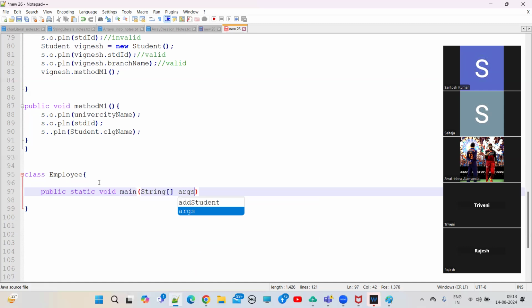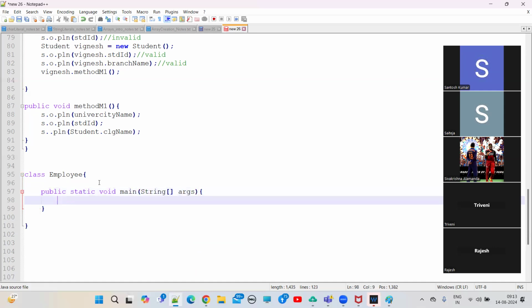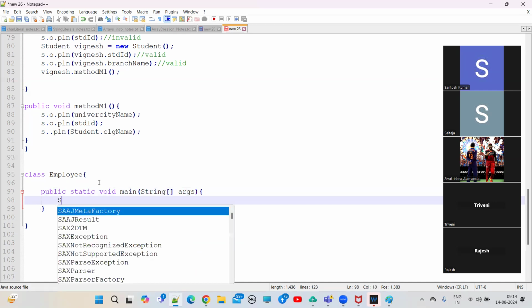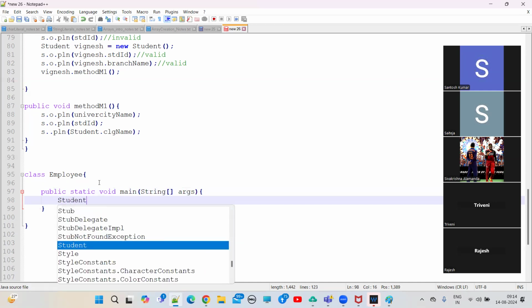Array ops. Here, from here, method execution will start, right? Now here, I want to access the Student class static variables. How can I access? Student dot